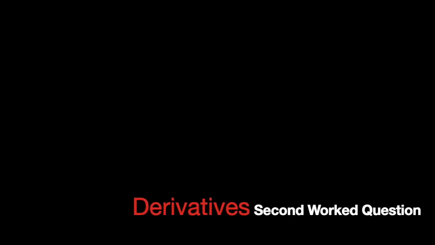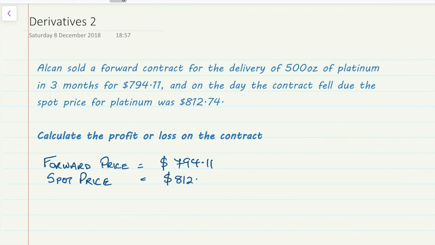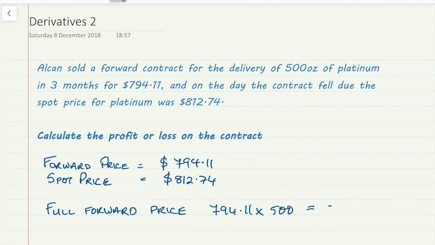So we have a second derivatives question here that we're going to take a look at. This is for the delivery of 5,000 ounces of platinum in 3 months' time, and we've entered into that contract to sell it for $794.11 per ounce. The spot price when we got to that point was $812.74 per ounce, and therefore the full price that the forward contract would have been at totaled